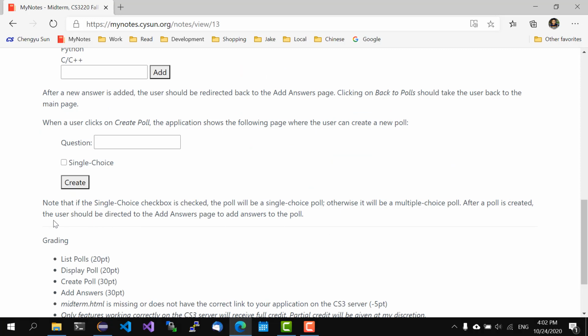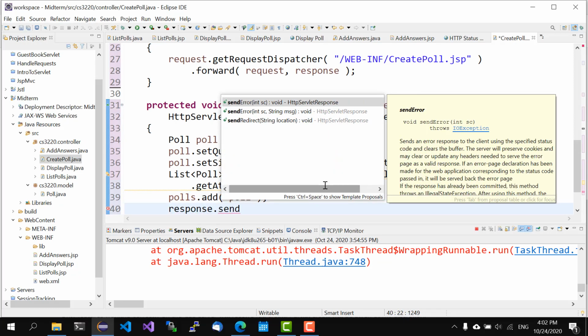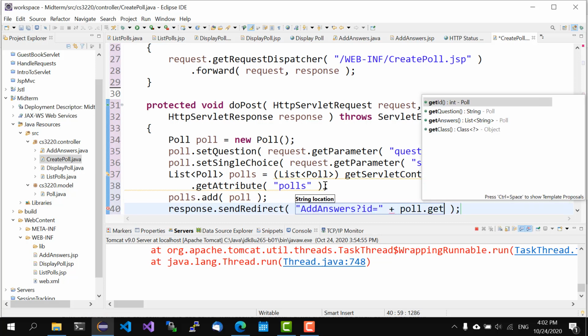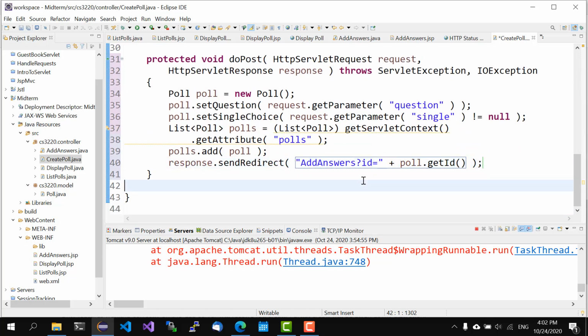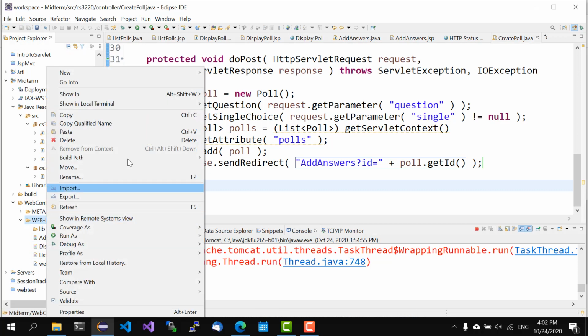After poll is created, it should be add answers. Okay, so we'll do response sendRedirect add answers. Remember, add answers wants ID, so the ID will be poll.getID, something like that. Okay, so this looks reasonable, and let's create